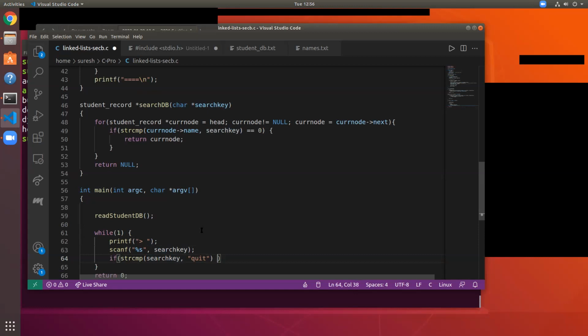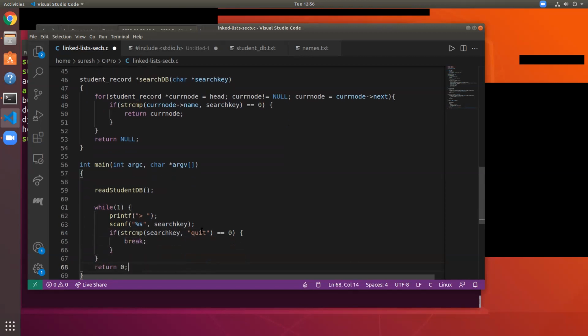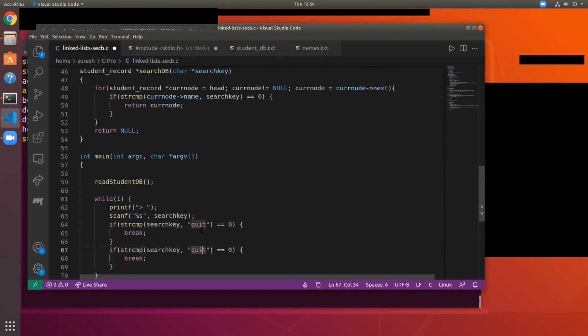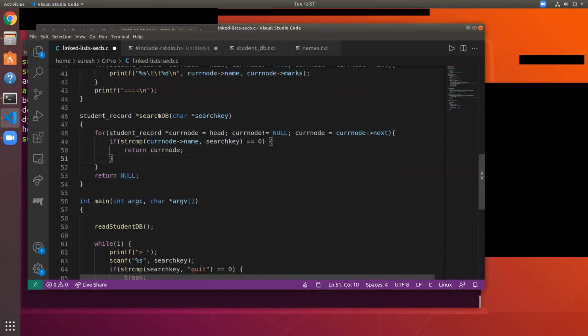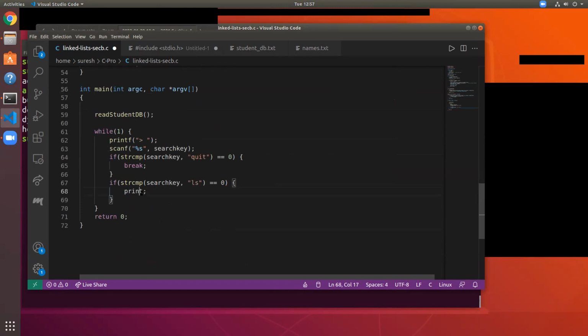So if it is equal to 0, then break. If it is equal to ls, print student db, continue. Otherwise, record is equal to